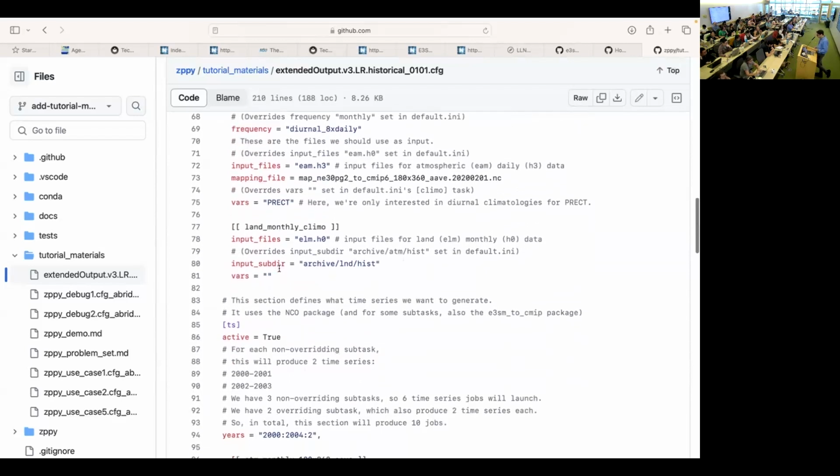And then for the third subtask, we have the land climatology. So notice the input file is again H0, but now it's ELM because now we want the land model. This is something that's really important to check. It's easy to get tripped up and think, oh, why can't I find my variables? And it turns out that you were looking for land variables in the atmosphere. So make sure to check that. You'll notice the subdirectories also changed